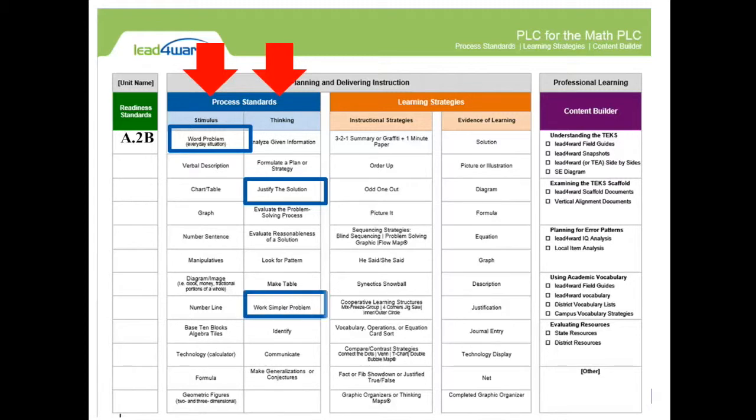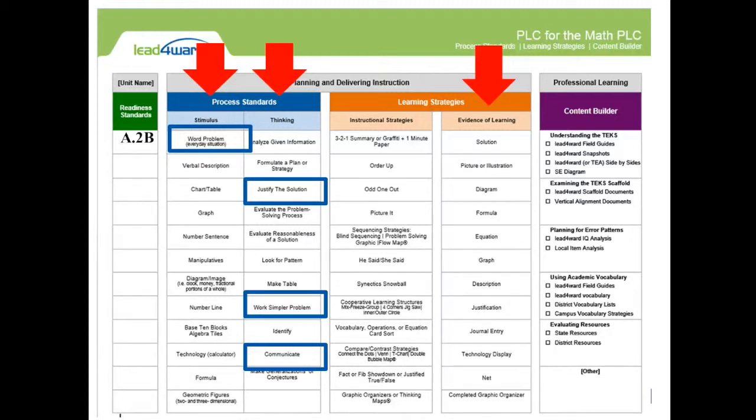After reviewing the TEAC hotspot, we have selected the 3 thinking strategies: justify the solution, work a simpler problem, and communicate. Look at the evidence of learning column. Discuss and select an appropriate product that can be used to show evidence of student learning which matches the rigor